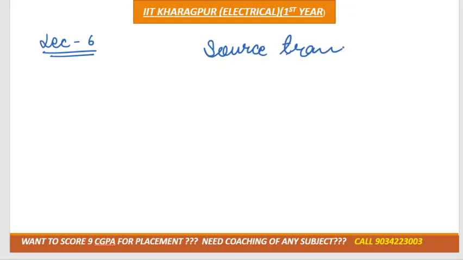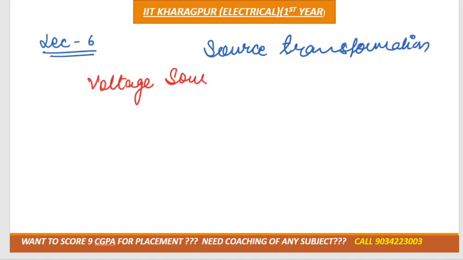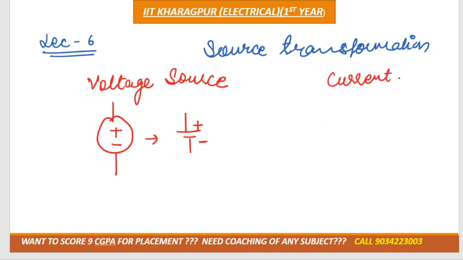Transformation. Okay, source transformation, as you know, we'll study about the two types of sources. One is the voltage source and another one is the current source, right? Voltage source is denoted by this symbol. The bigger terminal is always positive, smaller terminal is always negative, and current source is always represented by an